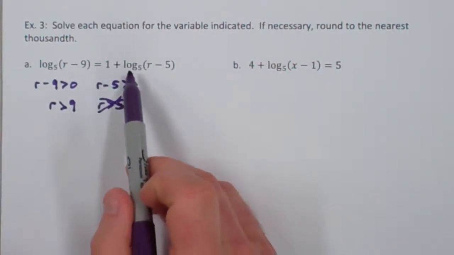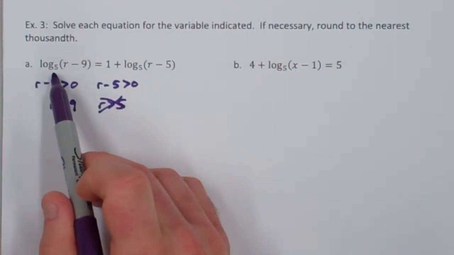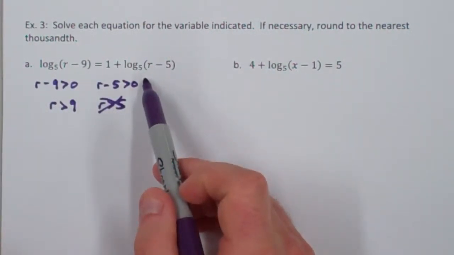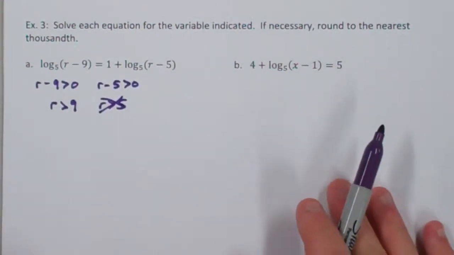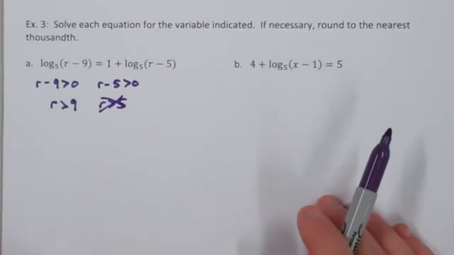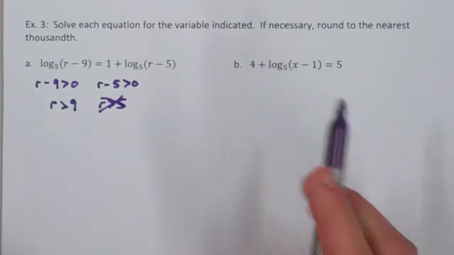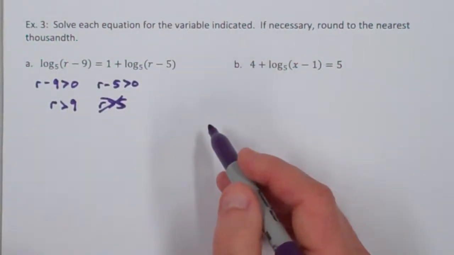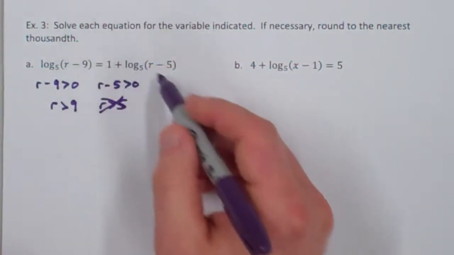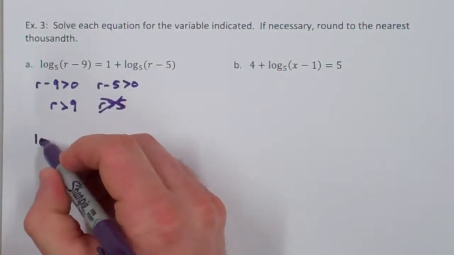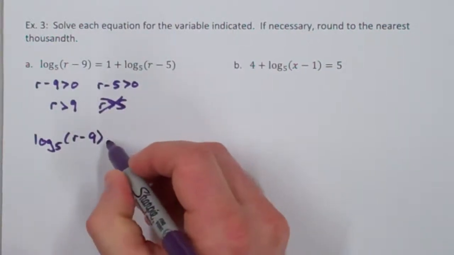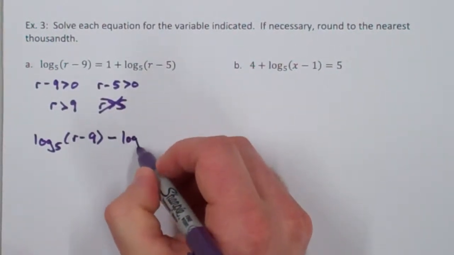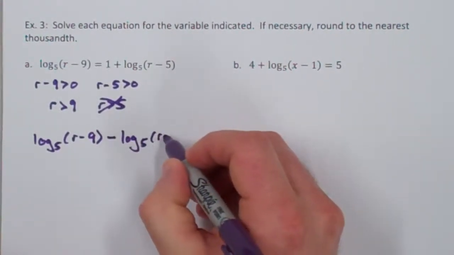If we look at the original problem, we've got a log base 5 on the left and a log base 5 on the right. There's a few different methods to solve this. I'll show you one method here, and that's just grouping the logarithms with the same base together. So if we subtracted log base 5 of r minus 5 from each side, it would cancel here, and we'd be left with log base 5 of r minus 9 minus log base 5 of r minus 5